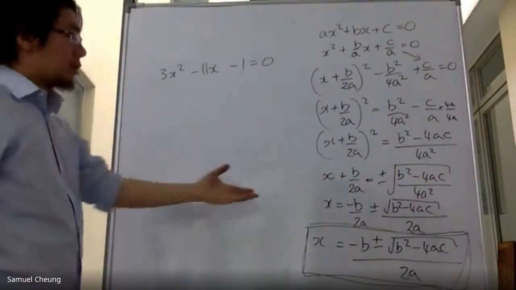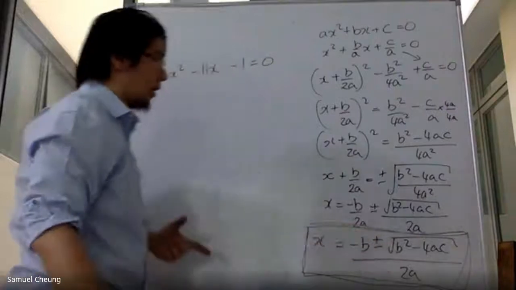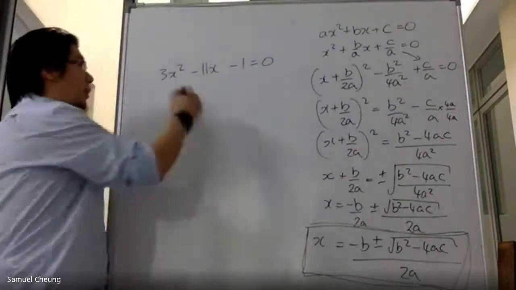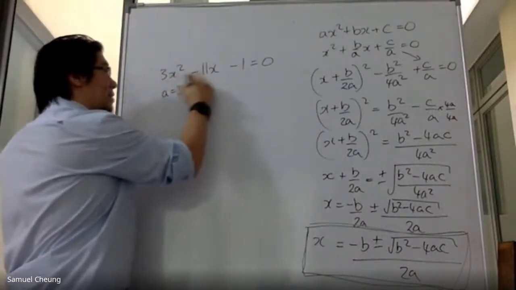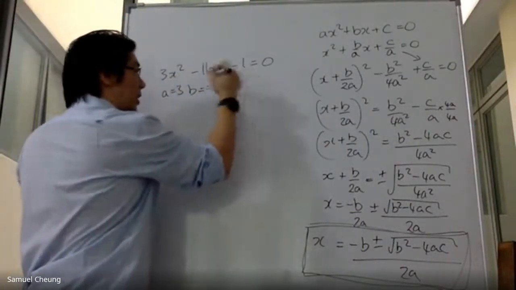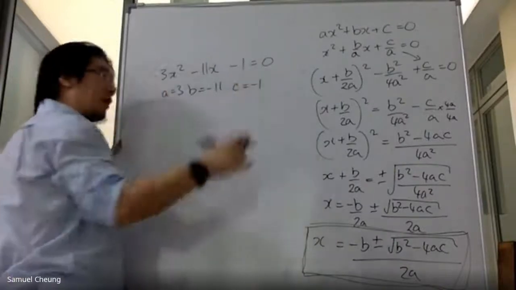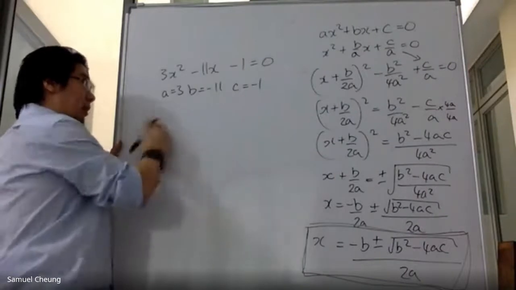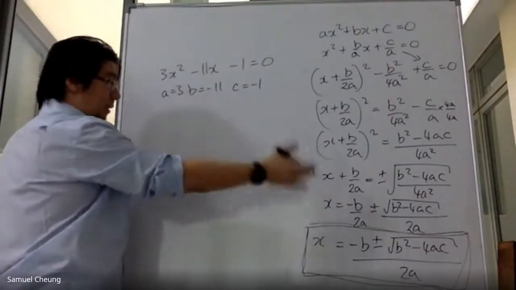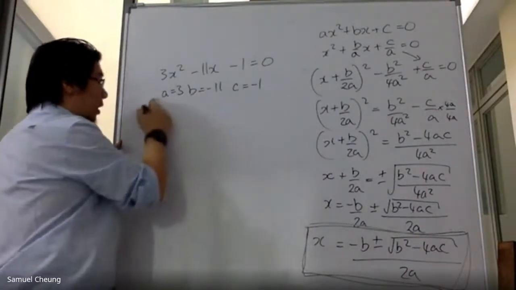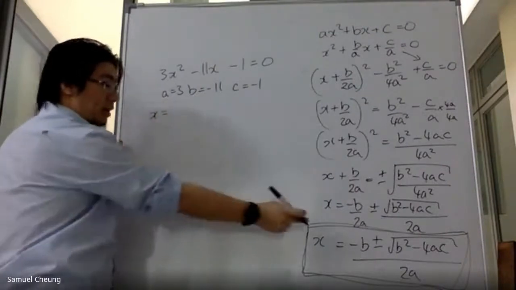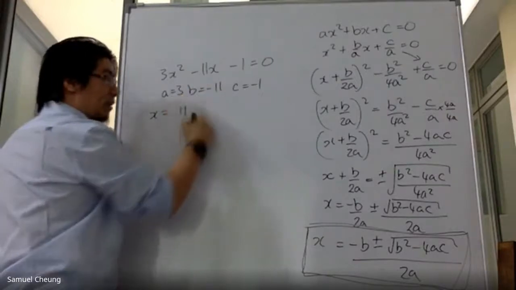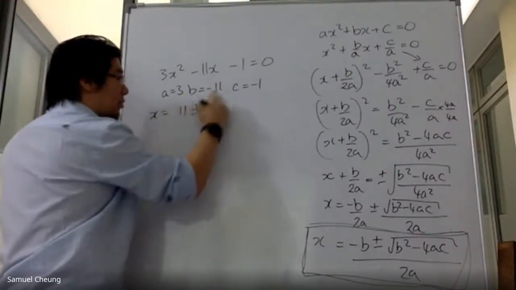Okay? So what I'm going to do is put it into this formula here. So I've got to work out what my a, b, and my c are. I've got my a is equal to 3, my b is equal to minus 11, c equals minus 1. Be very careful of the signs. Now I'm going to just put the numbers in. So x equals minus b, which is minus of minus 11, which is plus 11, plus or minus the root